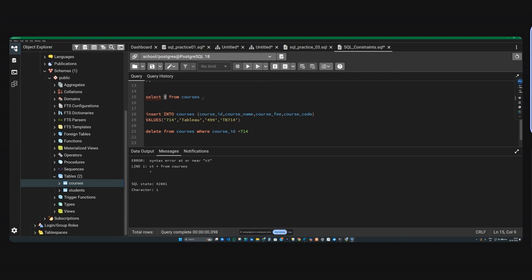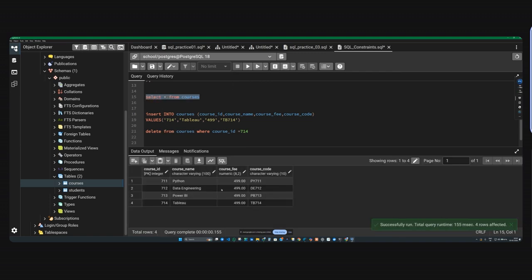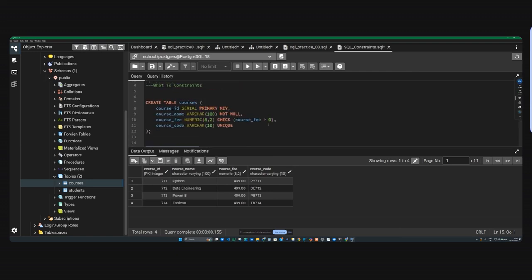Select star from courses. I have not selected the entire thing. Now you see, I have 4 entries, all unique. The condition is above this. You can mention the condition also: course fees greater than 499